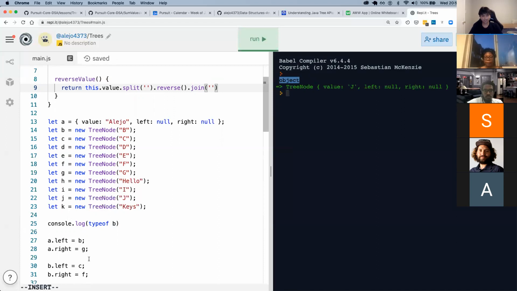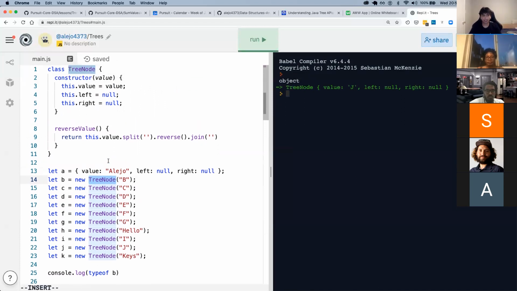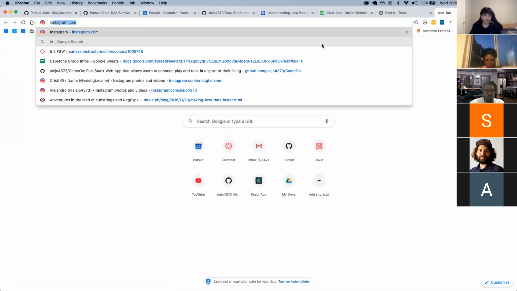And that's because when you create an object with a class, that's still an object. It's just an object that's inheriting values and structure from the class, but still an object. But let me see. Actually, I don't remember this.